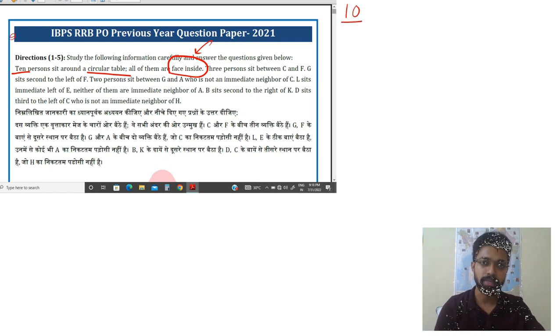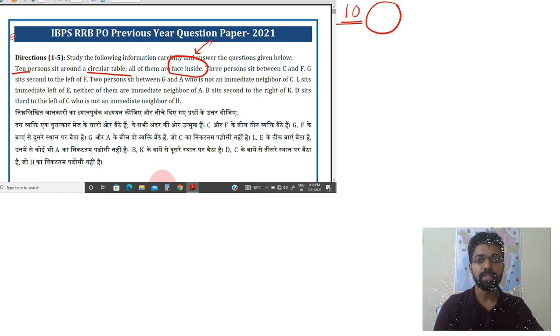Must write there are 10 persons, because many of us make this silly mistake, like there are 10 persons and we are working with 8 or 9 persons while solving the problem. They're sitting around a circular table, so let's make a circle so that you can't go on with a triangle or a rectangle while solving it.